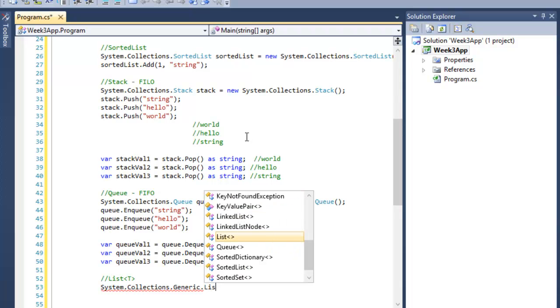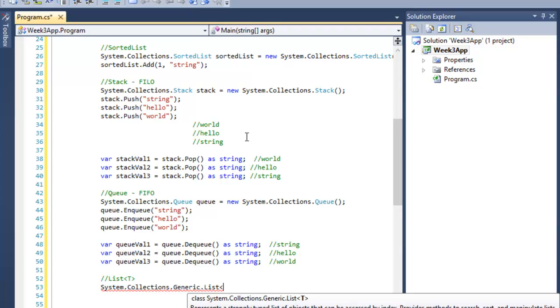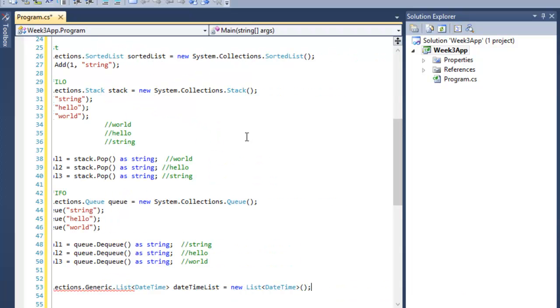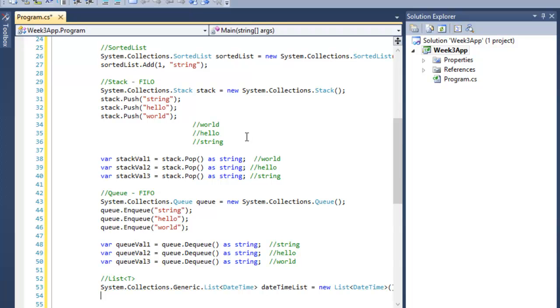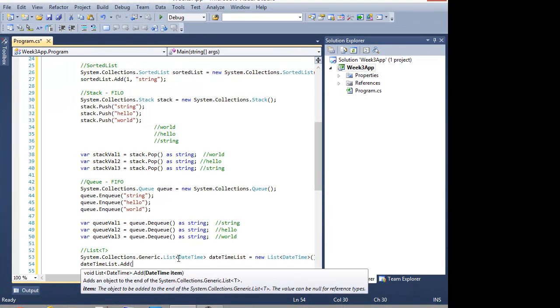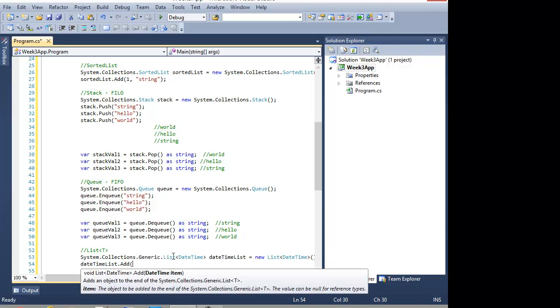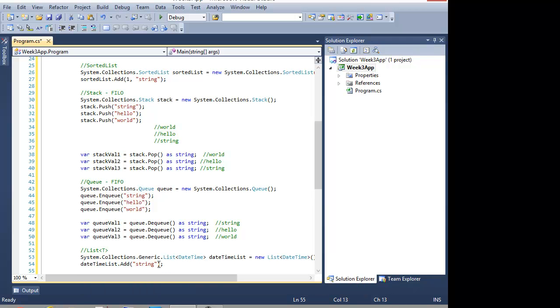If we go in and we create a list, and we say this is going to be a list of datetime, then when I go datetime_list.add, the runtime infers from this bracket notation, datetime, and it says this instance of this list can only take in datetime values. So if I try to put a string in here, it's going to turn around and tell me,